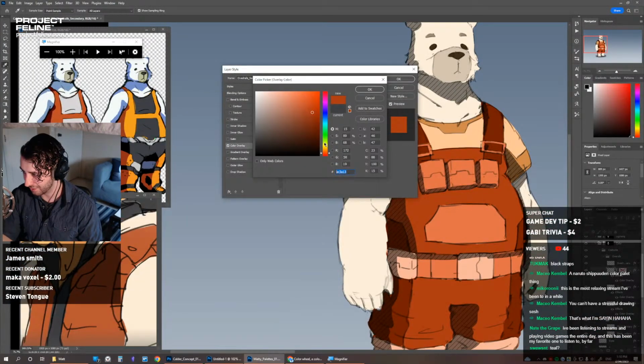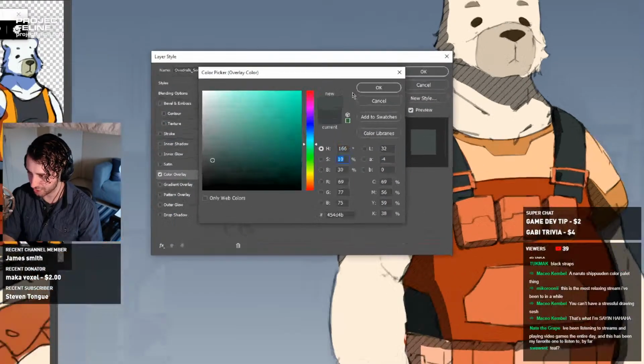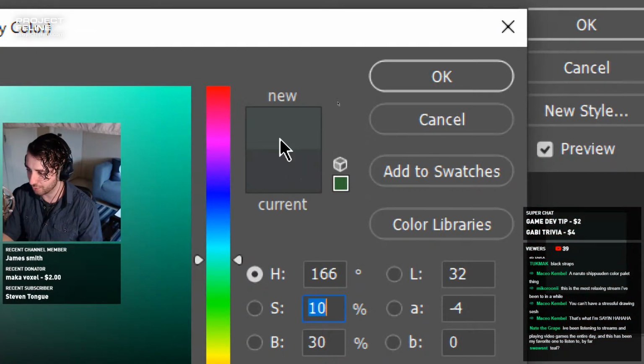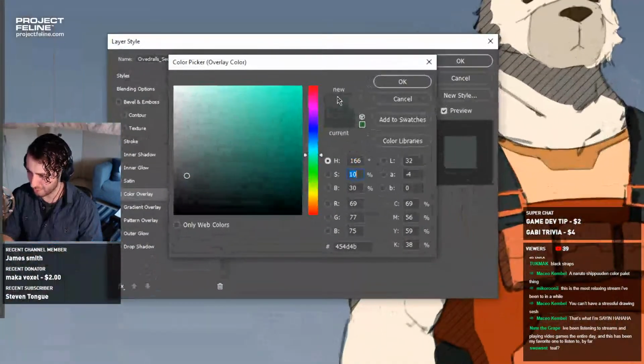But I know it's gray, it's very desaturated, but that slight difference, you gotta pick the right gray, you know what I'm saying? So that's what the actual color looks like, but if we desaturate that to like 10, see how it's a slightly different gray now? I've actually added a bit more saturation to it. But you can see the old one was more blue, and this one's a little more green. And it's like, oh, well, that's not gray, that's like green.